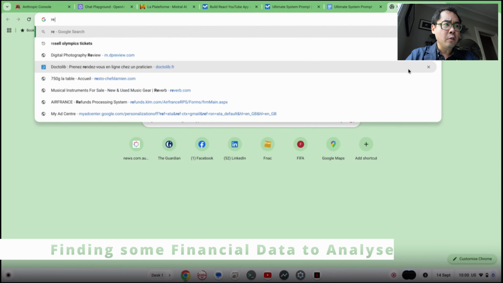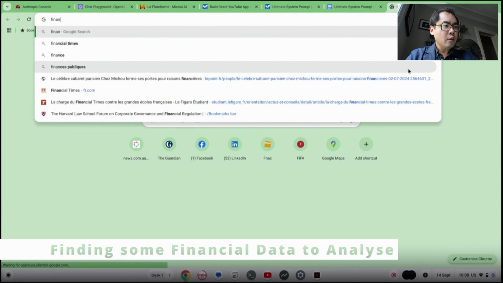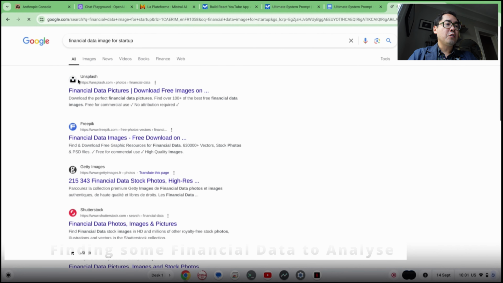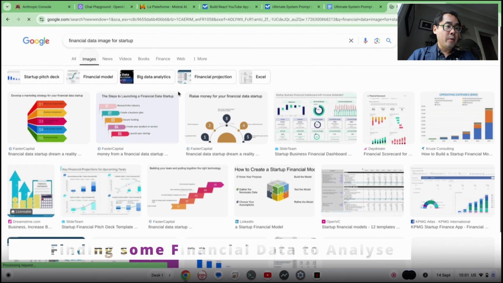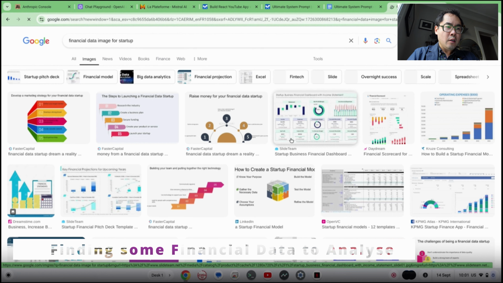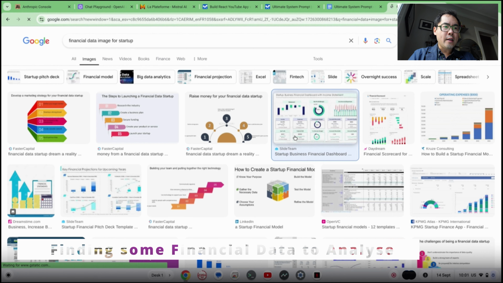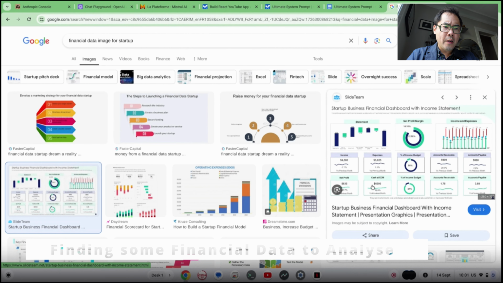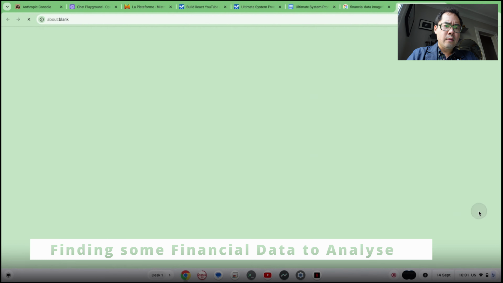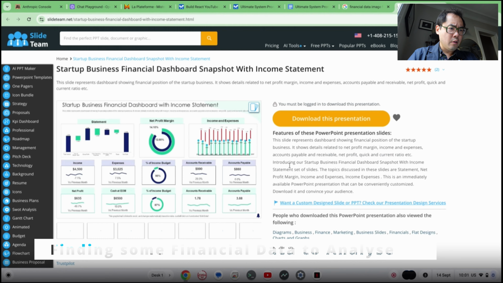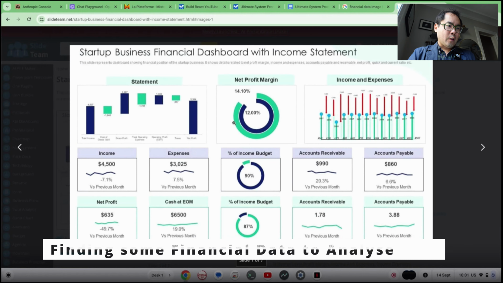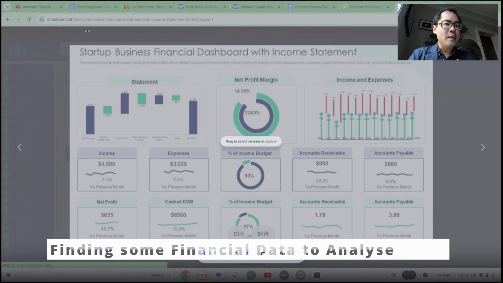I'm just going to go to Google and do an image search for some financial information. And let's look for some financial data for a startup. Okay, let's have a look around here. Okay, this slide here looks pretty good. What have we got in here? We've got income, expenses, profit margin. That looks pretty good. I mean, it's completely synthetic and probably too small of a business for the prompt that I created